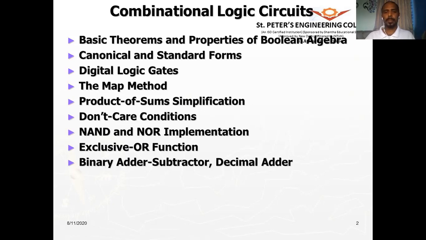And we have used the 2's complement method. So we've seen that we can use the adder circuit itself to perform the subtraction operation, right? And we have also seen the decimal adder, that is basically the BCD, the binary coded decimal. So we have seen how that is different from the binary adder.